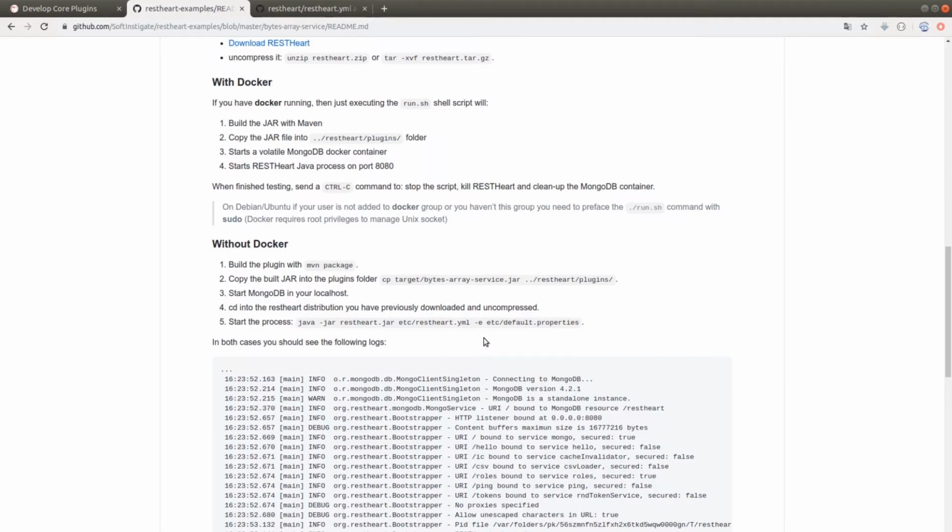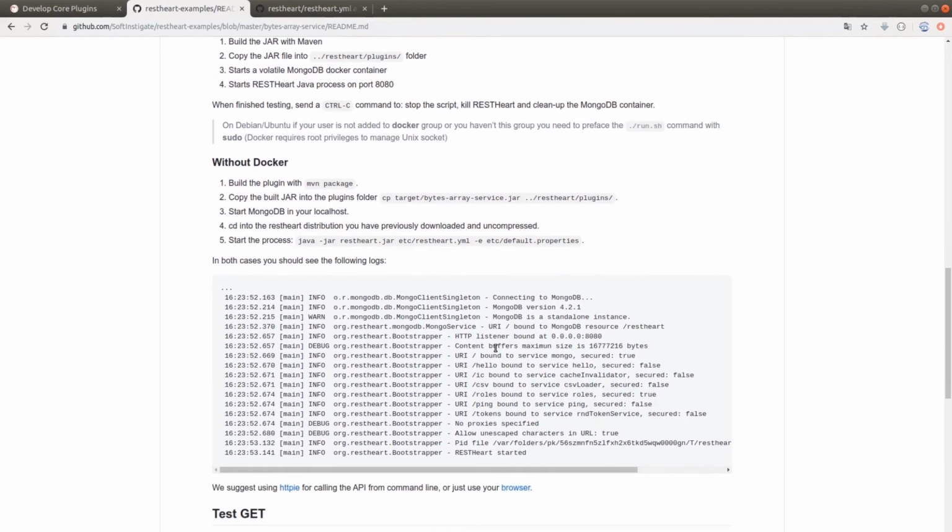This means that in this case, we have to execute restart by using the configuration we find inside the default.properties file. As we saw in the previous video, if everything is OK, we will see the restart started string in the log files.